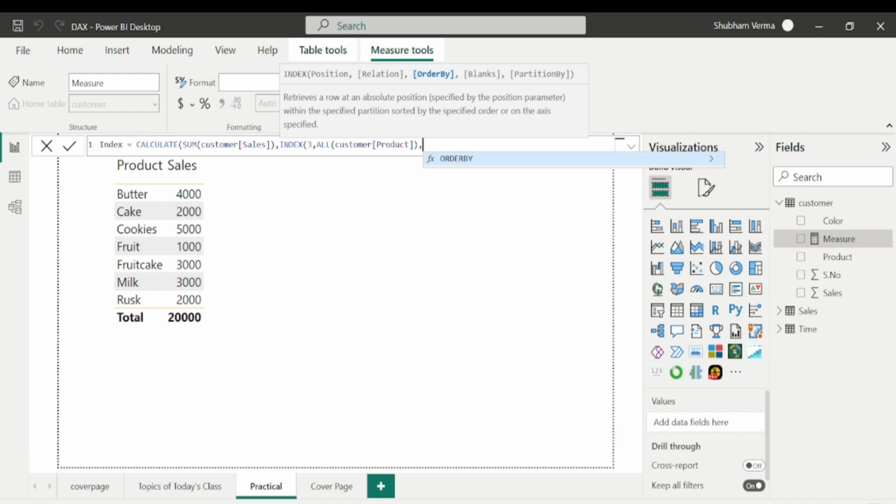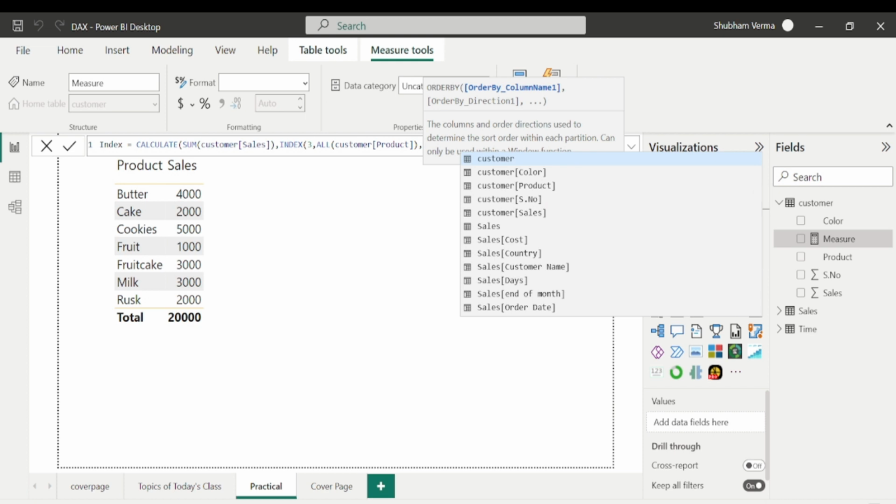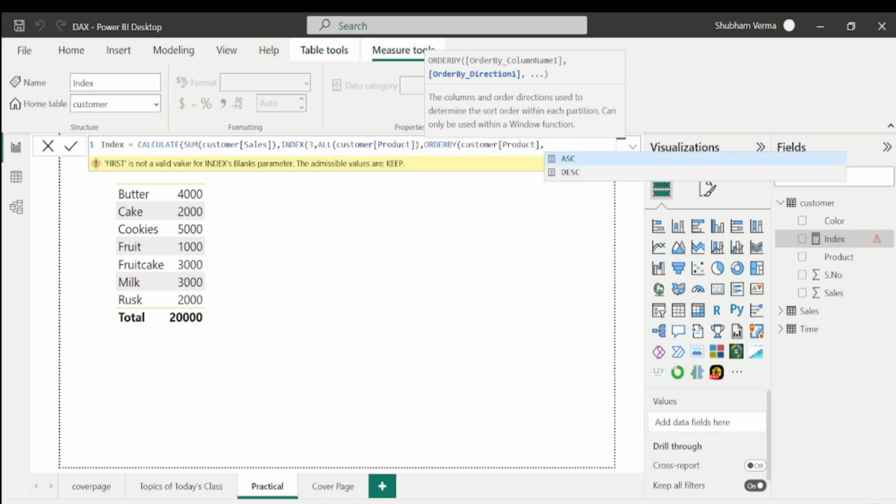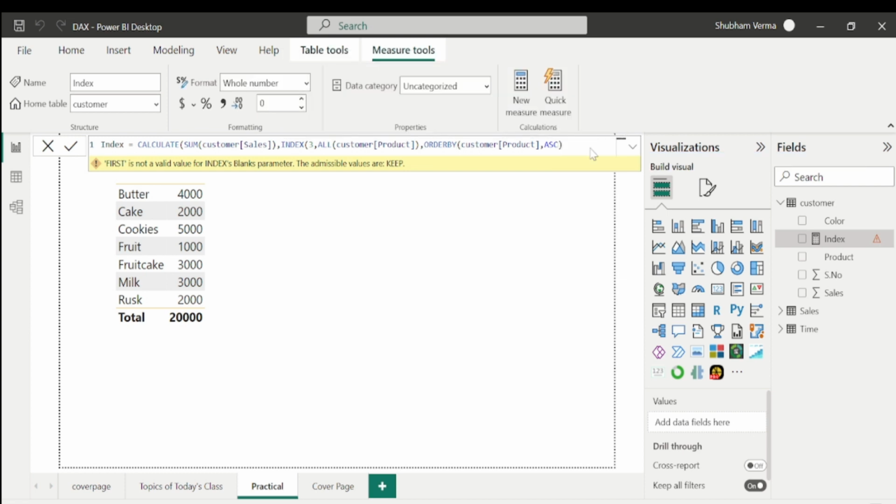So the next parameter is order by. So we need to select order by here, and under order by we need to select the same column name, which is again product, comma, and the last parameter is ascending or descending order. So firstly I will take ascending and close the bracket and hit enter. So guys, our measure has been created here, and if I drag and drop this measure here,